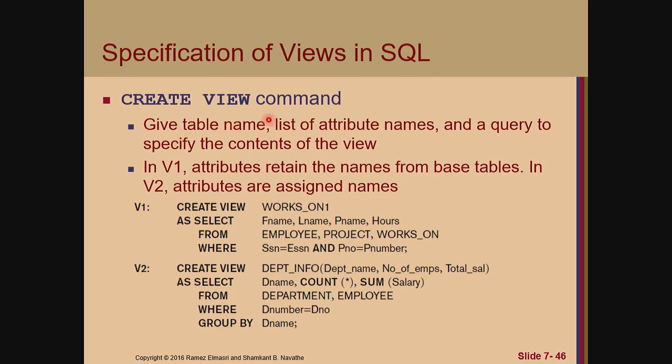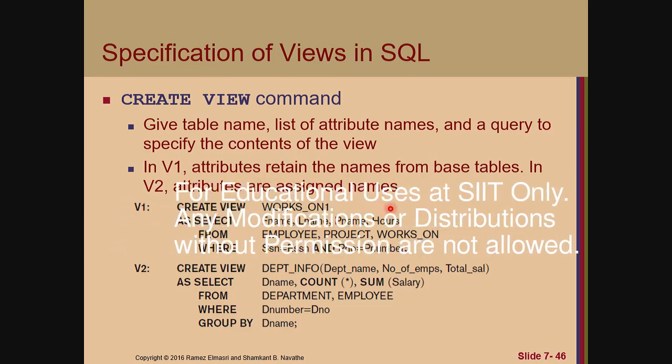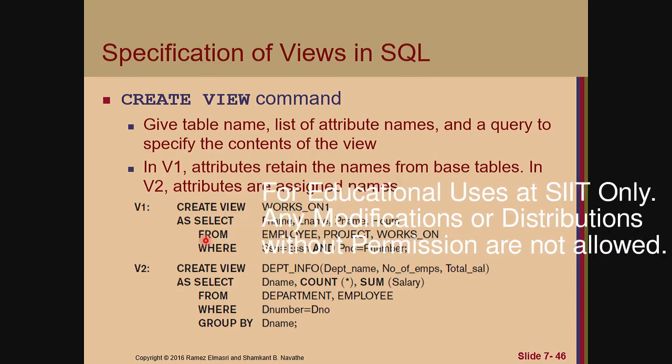Okay, create view command. Give the table name, list attribute names, and a query to specify the contents of the view. In V1, for example, attributes retain names from the base tables. In V2, attributes are assigned new names. Let's see V1 here. Create view WORKS_ON1 as select the first name, last name, p name, hours from